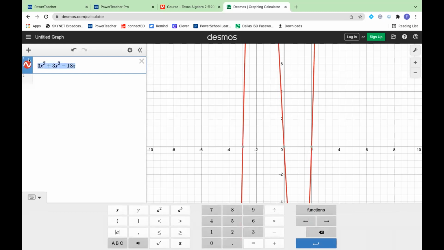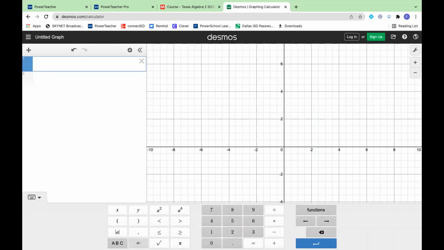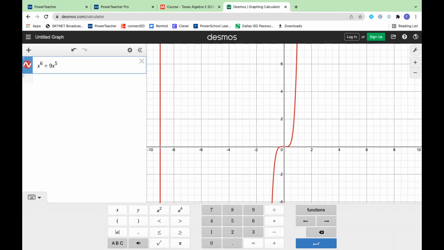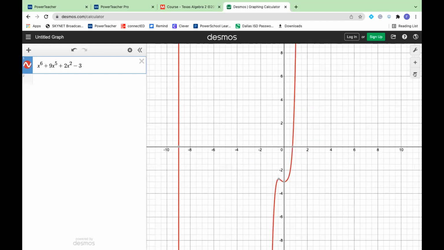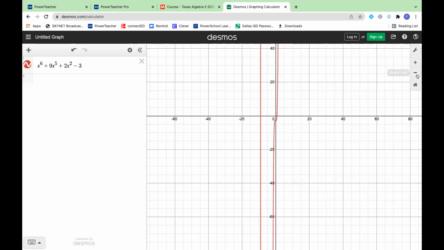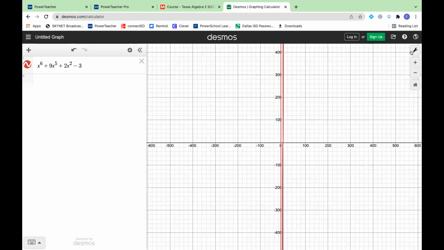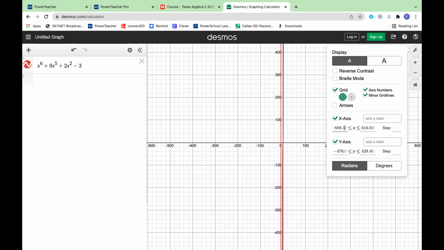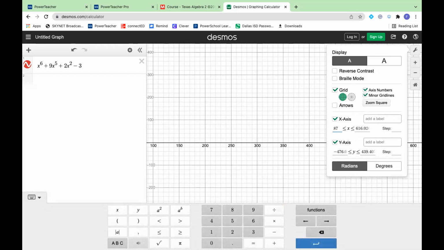So I'm going to graph the first one, x to the 6th plus 9x to the 5th plus 2x squared minus 3. I'm going to zoom out so I can see what's happening. And if I really zoom out, it's really ugly actually. I'm going to change my settings. I only want to count from